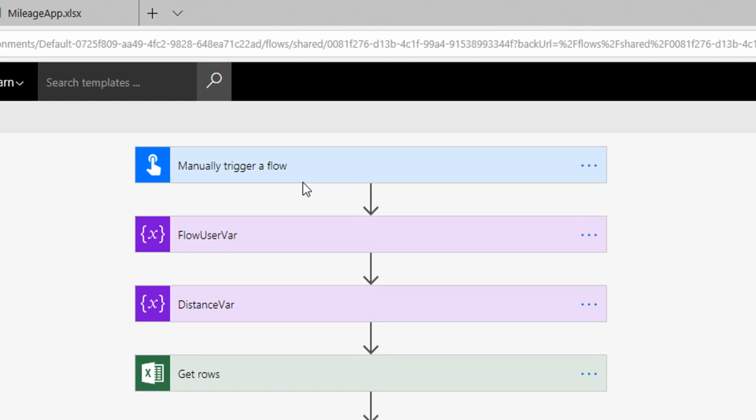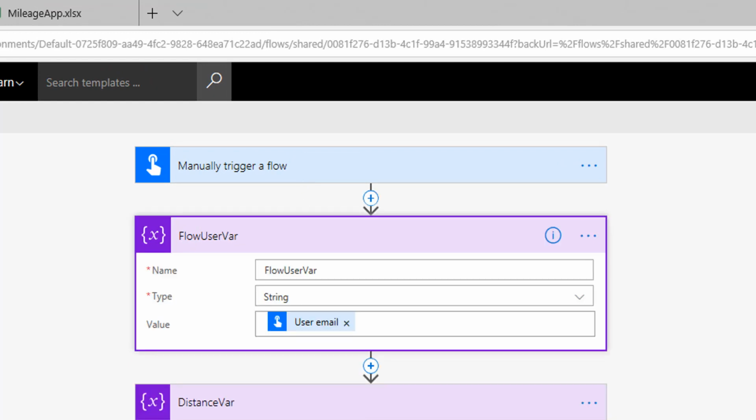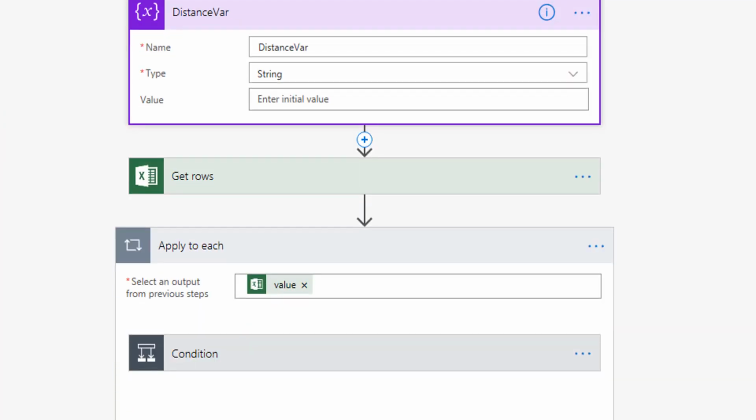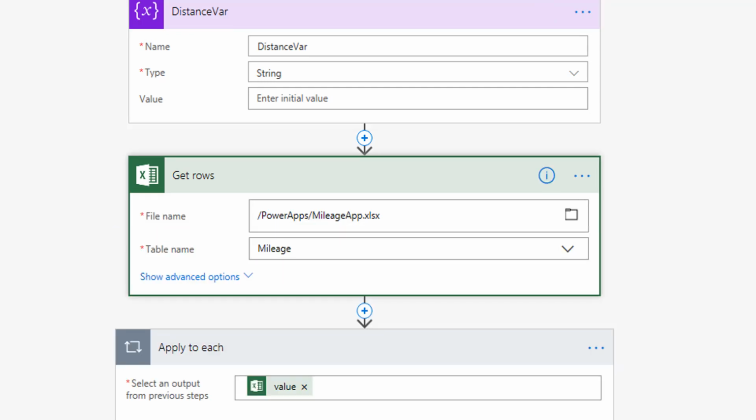So this was the manual trigger, nothing fancy about that. Went ahead and created two variables just to make sure everything was good. It went ahead and picked up my email address from there, and then I created a variable just for distance. Next, I did a get rows, because get rows is where I'm able to pull all